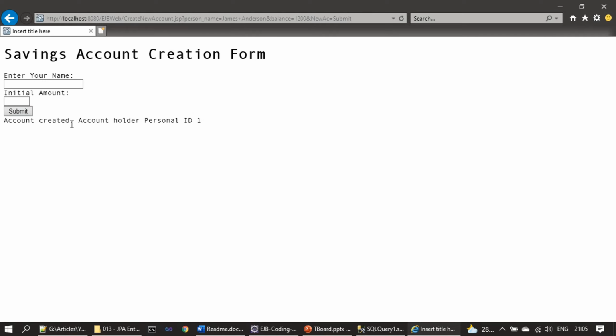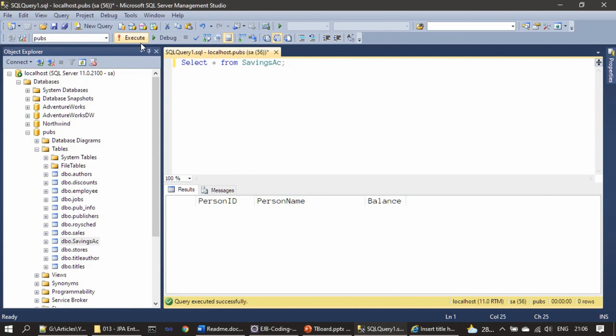So you can see here account created, account holder personal ID is 1. So account created, account holder personal ID is 2. Now if I query, I can see the data is persisted into the savings account,